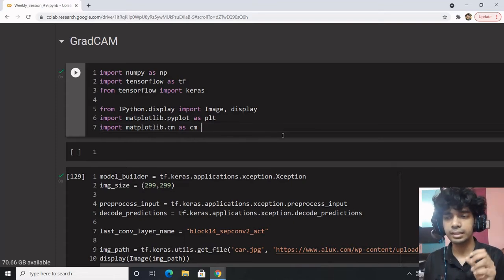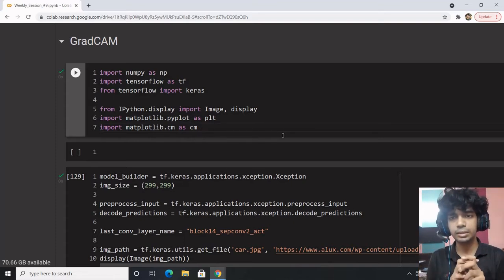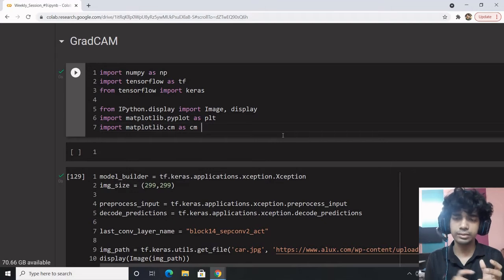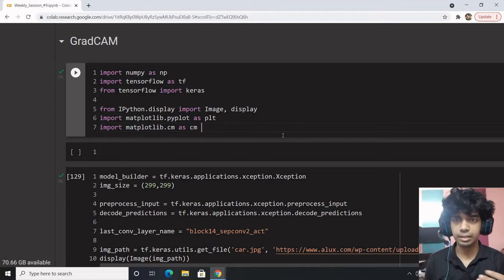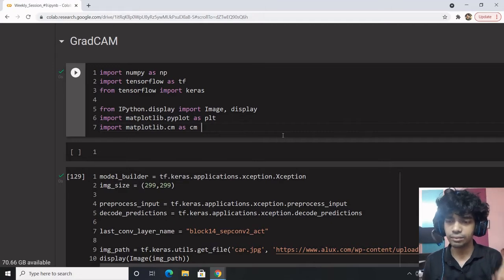So what we came out with is gradients and class activation maps combined together, which gave rise to GradCams. GradCam is able to provide you with the activation map. It tries to extract the last convolution layer. The last convolution layer will always be there, no matter what the architecture is. If you have the last convolution layer, you'll be able to extract it, and once you extract it, you will be able to process the GradCam. That is why it is universal. Rather than global average pooling, you are moving towards a generic approach which is compatible with all of the architectures, and that was the idea behind it.